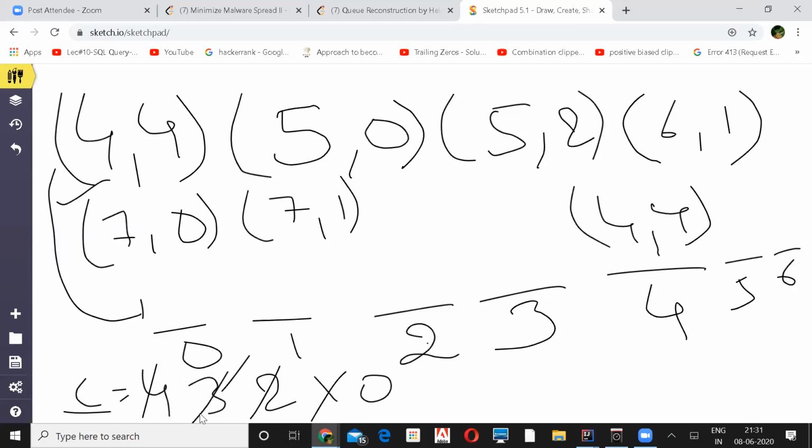So first I took this index. Since the position index where I want to place doesn't match with this, I'll reduce it by 1. It will go to 3. Doesn't match, and it will go to 2.